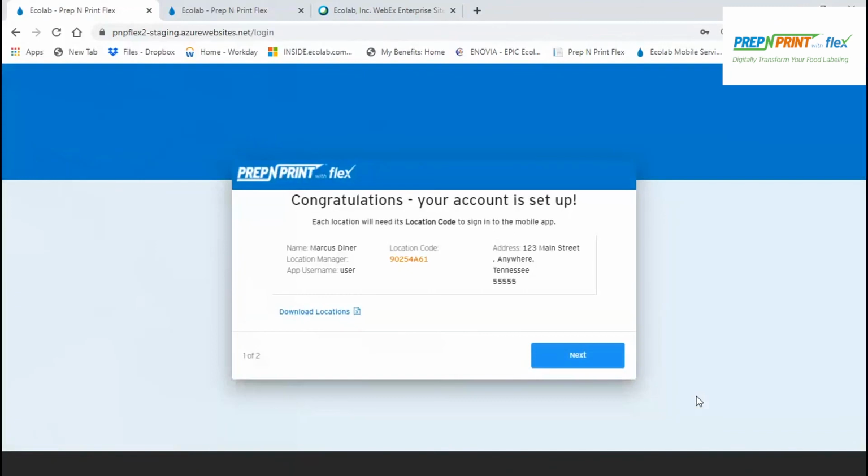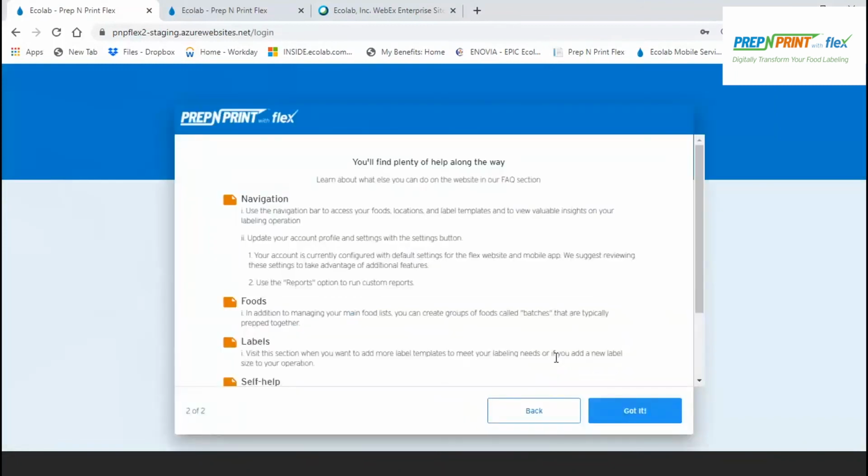That's it. On the closeout screen, it's recommended that you download your locations, which contains the location code and the app user credentials that must be shared with each location in order for them to get into the Flex app. Review the next screen for additional guidance on where to change settings, add more account managers, create batches, and much more. Be sure to take advantage of the help materials located throughout the website, as well as our self-help troubleshooting materials on